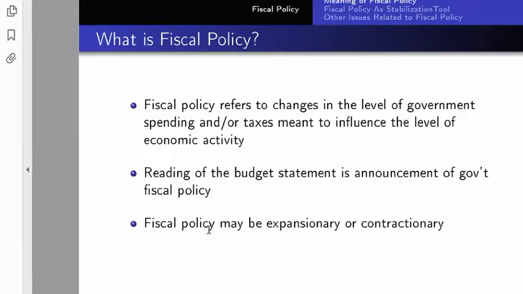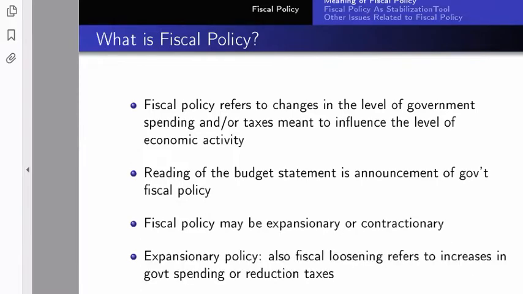All right, that fiscal policy can be expansionary. So when it is expansionary, we want to increase Y. Okay, so we increase aggregate demand, and then in equilibrium, we know the two must equate for there to be an equilibrium. So expansionary means increasing. Contractionary means you are doing what? You are decreasing. Okay, so expansionary policy, also referred to as fiscal loosening, refers to the increase in government spending and reduction in taxes. So expansionary, there are two things you can do. Either you increase government spending, a lot of money being spent on roads, on military, and you increase government spending.